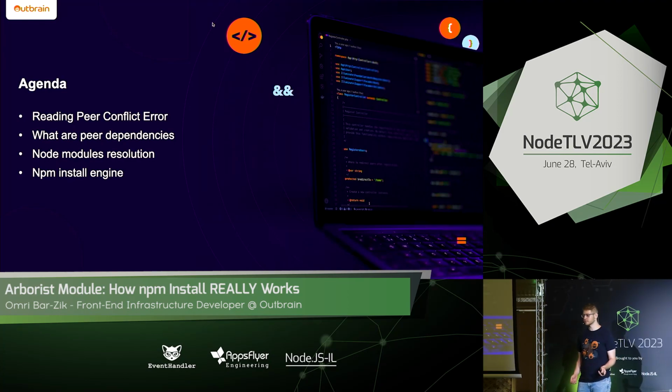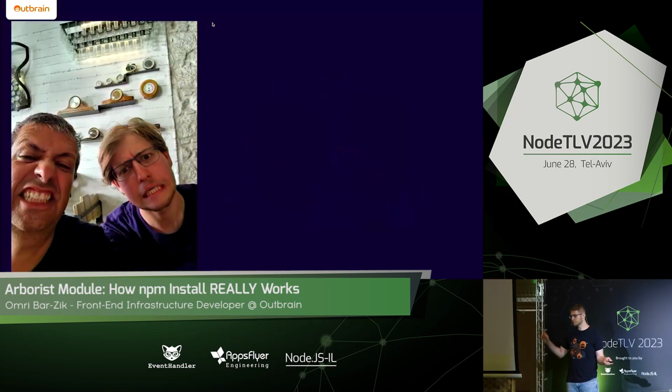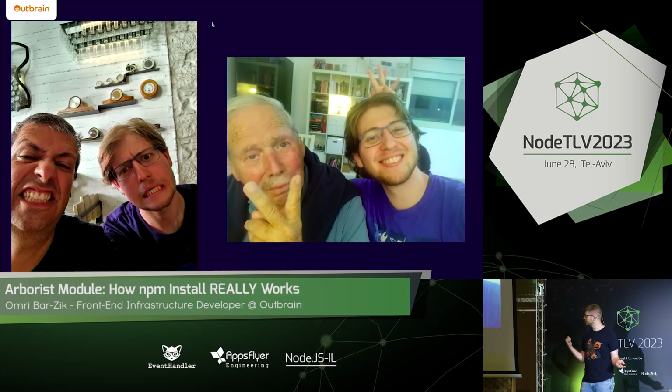But before that, hello. My name is Omri Bar Zik. I'm a front-end infrastructure developer at Arborist. I have Node, Docker, terminals, but I'm also a third-generation developer here in Israel. Here you can see me and my father goofing around, and here is me and my grandfather just sitting together